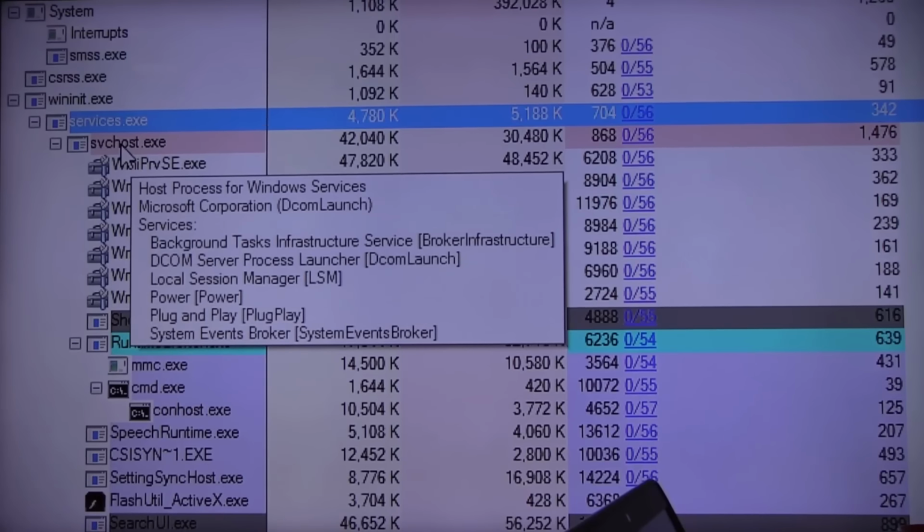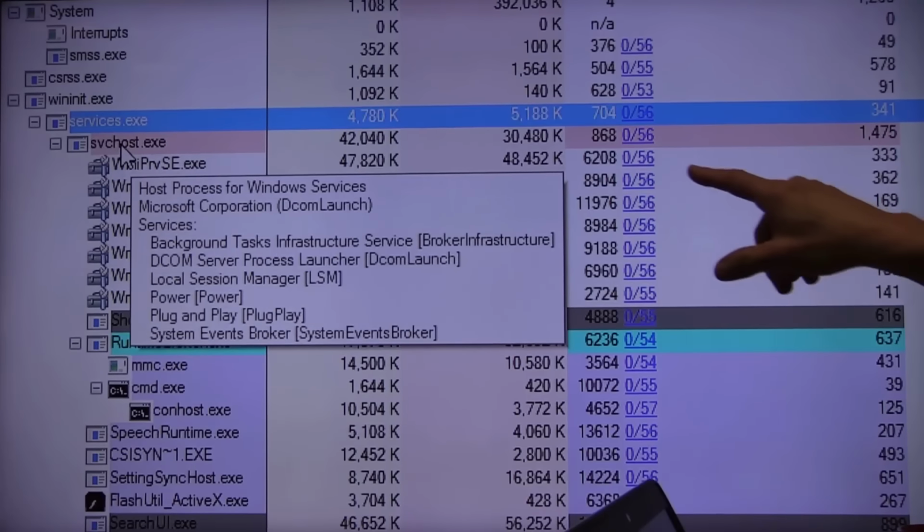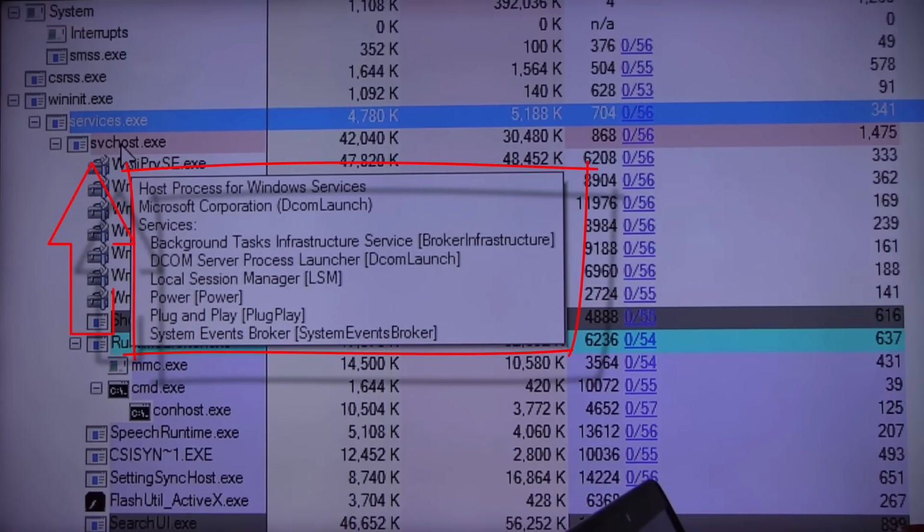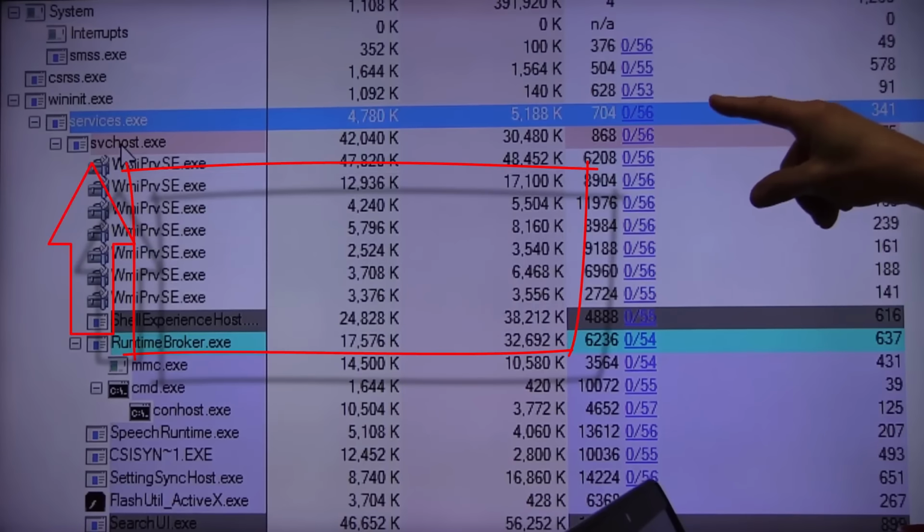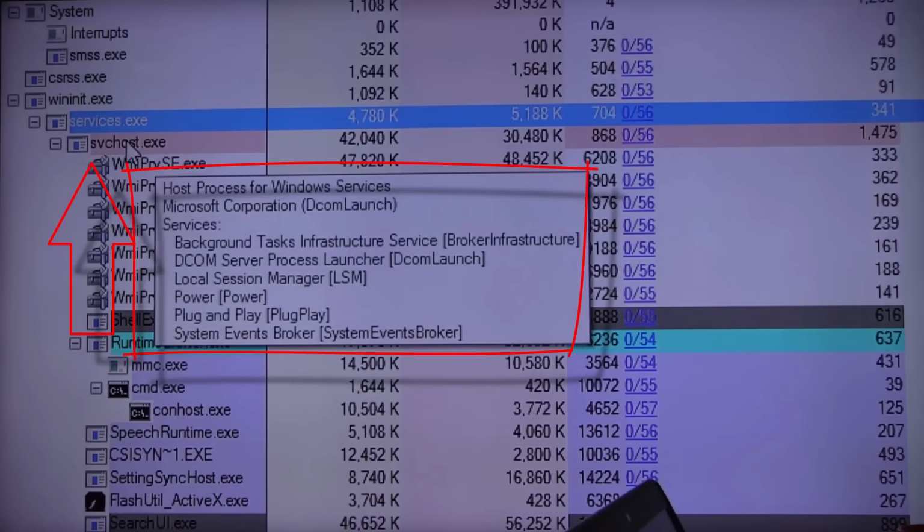Now I want you to look at something very interesting in the way that Microsoft does. When Microsoft runs a service, it runs many of them in one process. So take a look at svchost.exe, and notice as I mouse over this one process, I see background task infrastructure service running, DCOM server process launcher running, local session manager running, the power service, the plug and play service, and the system events broker.